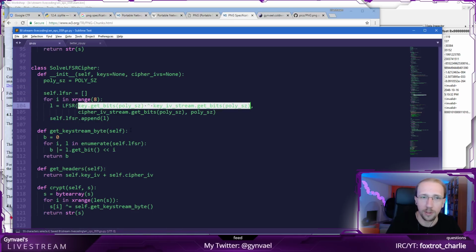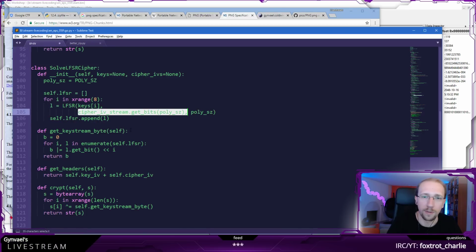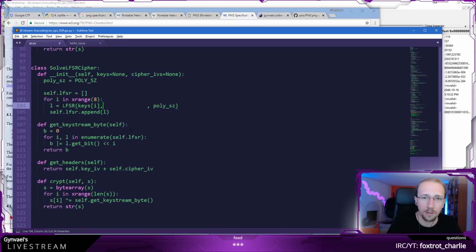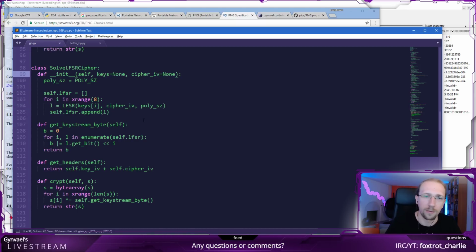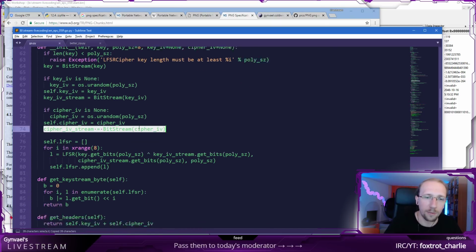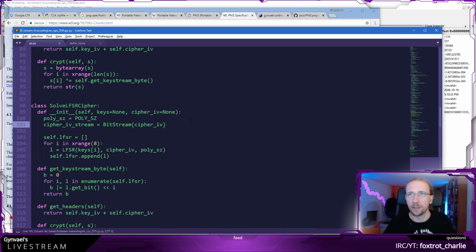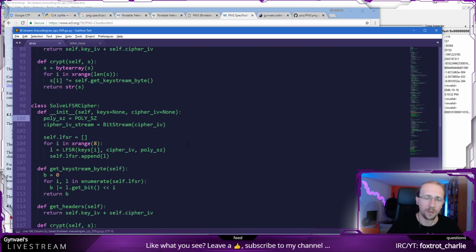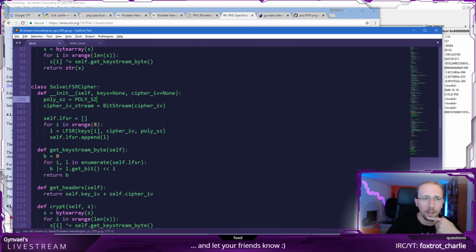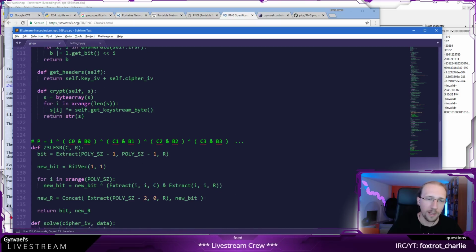So here I actually give it the keys of I, and here I just give it the cipher IV of I. Or actually, it will be a little easier for me if I just go with a normal cipher IV. So yeah, let's do it like this. Because the form of the data which I get is incompatible, because I have numbers. I don't get bit streams, I could convert them to hex and so on, but I just don't want to do it. Okay, and then this should be fine. So let's see if this works. So solve, yeah, it doesn't solve anything.